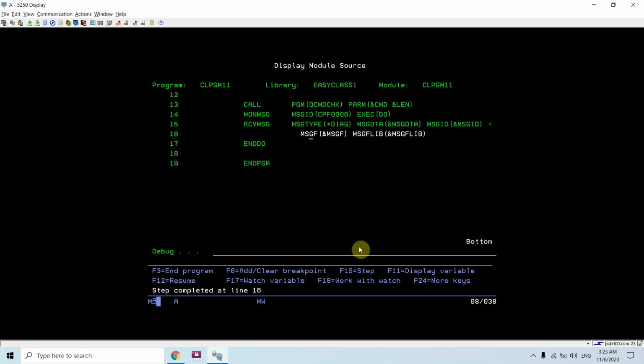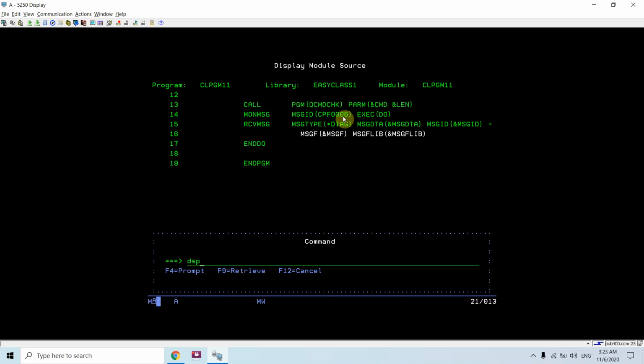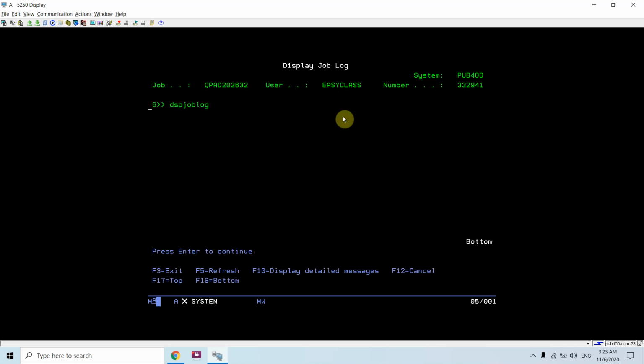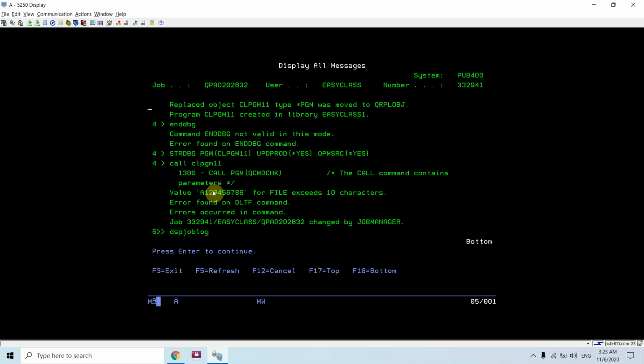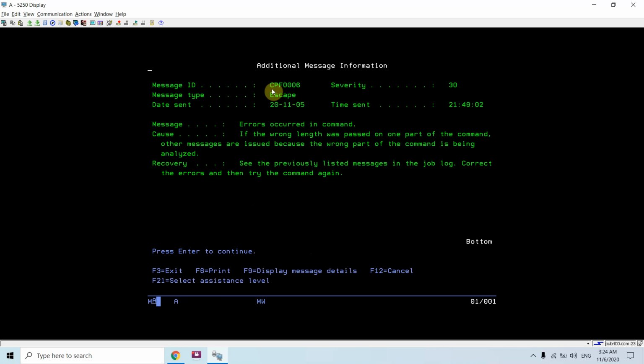Now once this got executed, we receive CPF0006. Let's check DSPJOBLOG, F10, Shift F6. The value for file exceeds 10 characters. Error found on DLTF command. Errors occurred in command. In case of any error, we will receive CPF0006, which we are handling here.